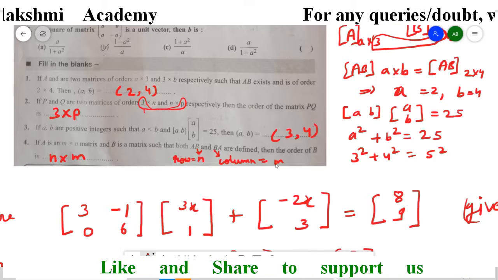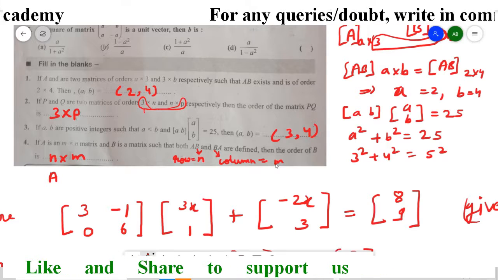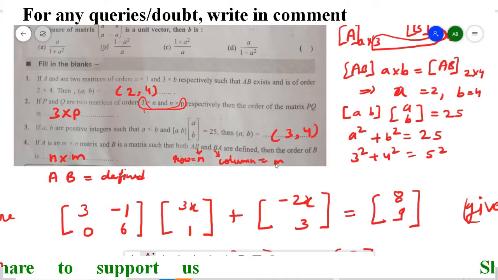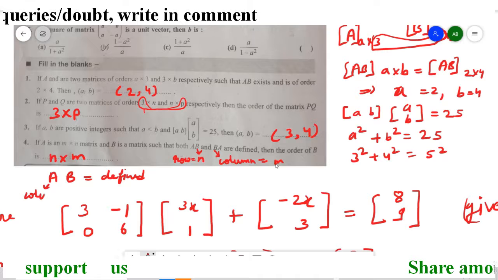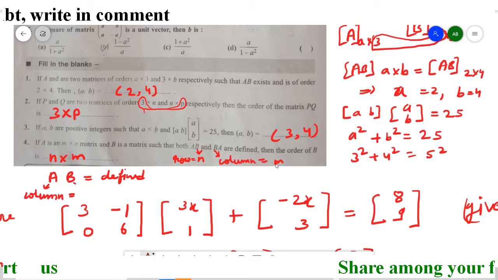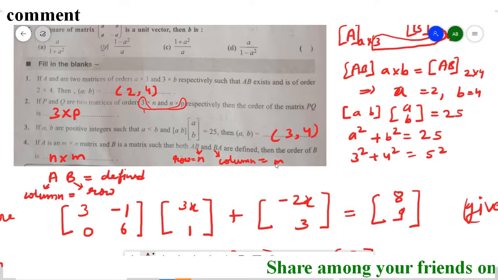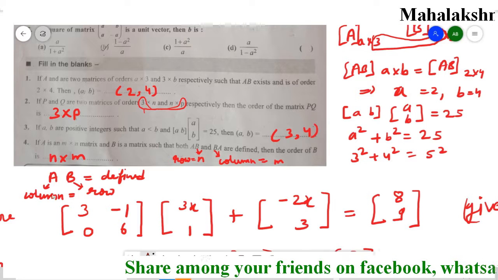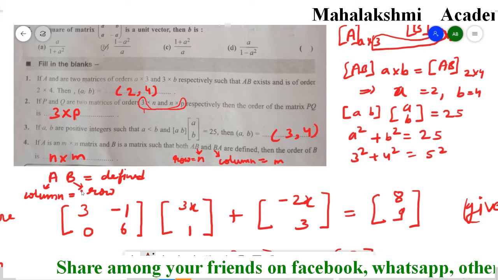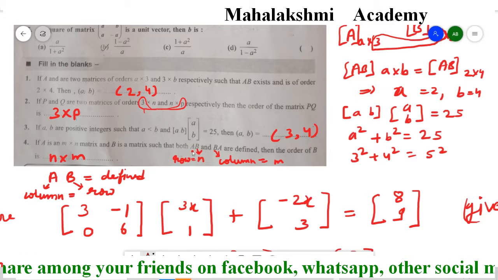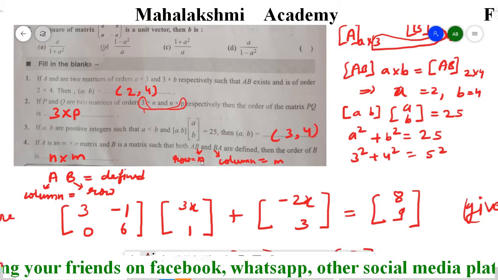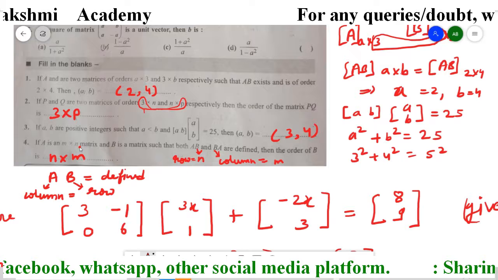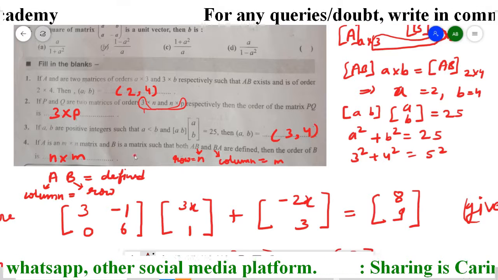Again I am repeating. Students, if two matrices are defined, their product is defined, the conclusion is this one's column is equal to this one's row. This is a short trick. If A and B are defined, then the number of columns of A is equal to the number of rows of B. So here AB is defined, given to us. So B's row is equal to A's column. How much is A's column? N. The first place is for the row and the second place is for the column. So like this it's completed.